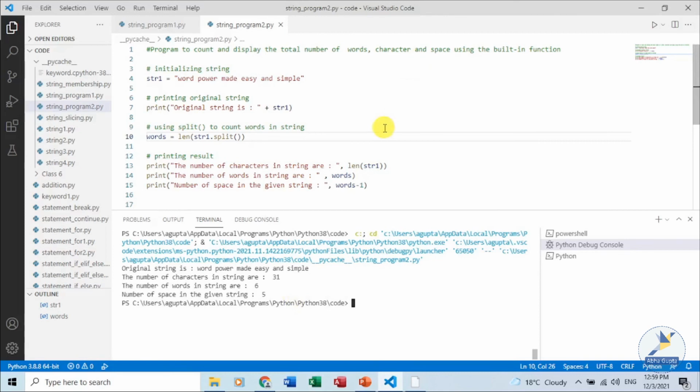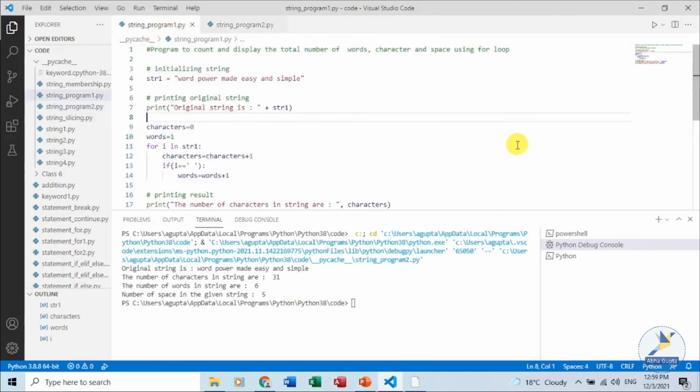The same thing can be written without using the built-in functions. In this program we are making use of a for loop to get the same result. The original string is being printed. We are using the for loop, picking up one character at a time and counting the number of characters in the given string. And if we encounter a space, we are making use of if in this program.